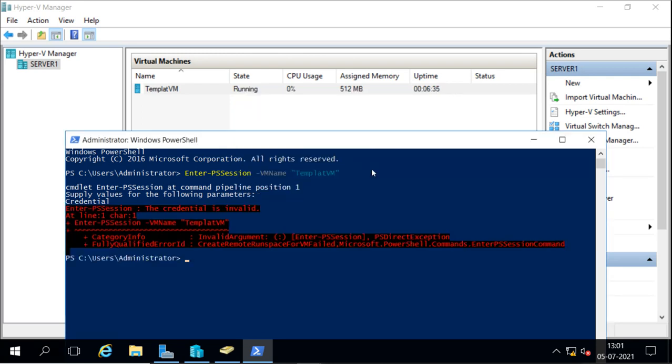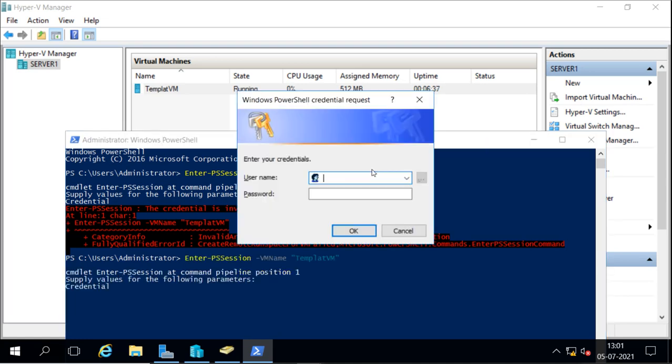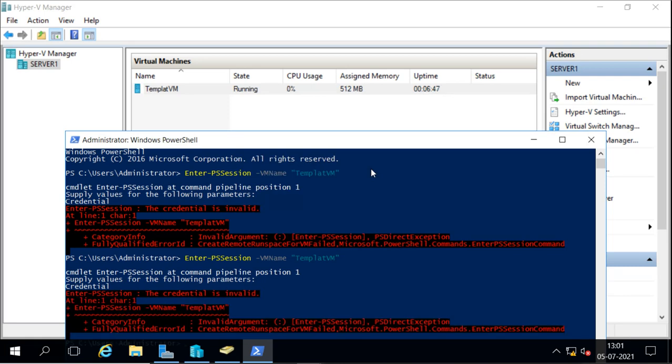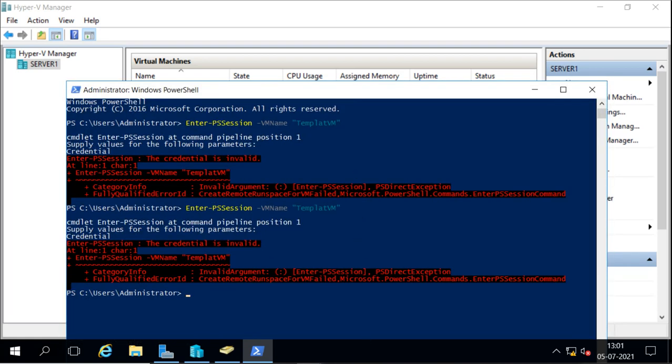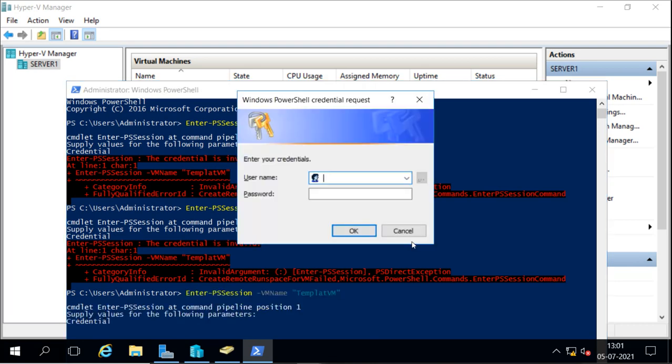Okay, wrong password. Administrator. Credential invalid. I think I forgot the password. Okay, I don't think I forgot the password.